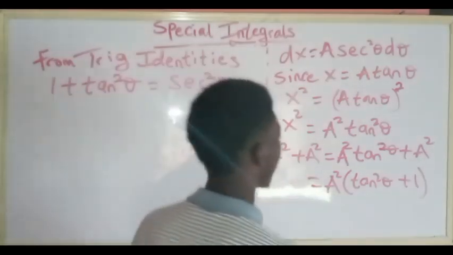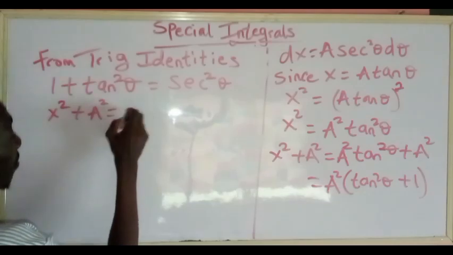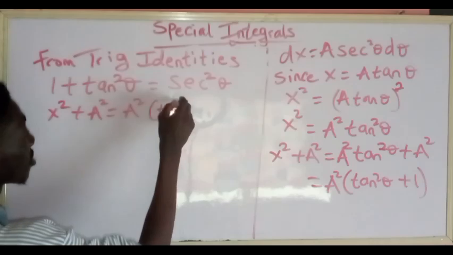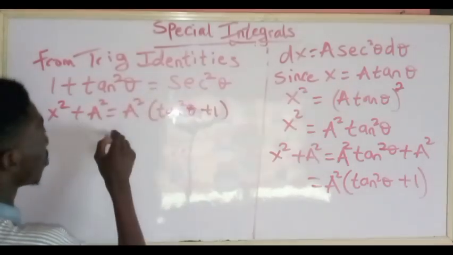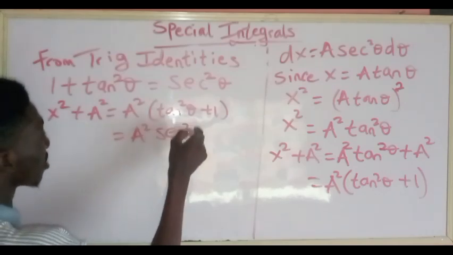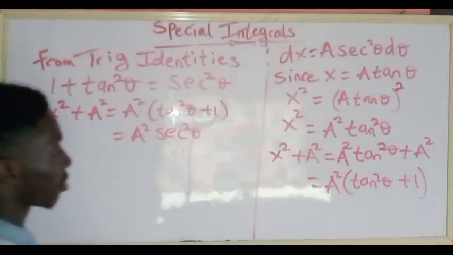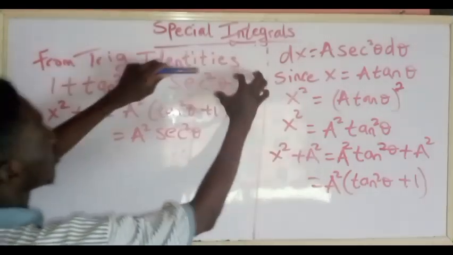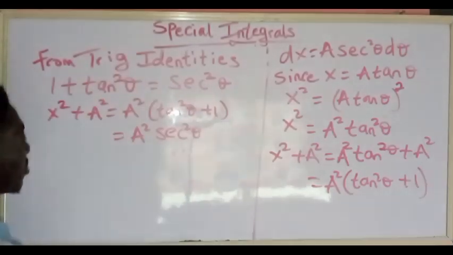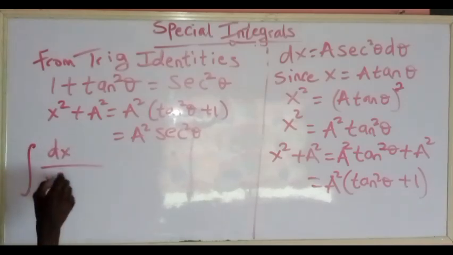Therefore, when I have this, my x squared plus a squared can be written as a squared tan squared theta plus 1, which equals a squared sec squared theta. That means this is equal to this, because this identity is equal to this. So replacing this by this, I have this. Then my actual integral, which is the dx over x squared plus a squared,